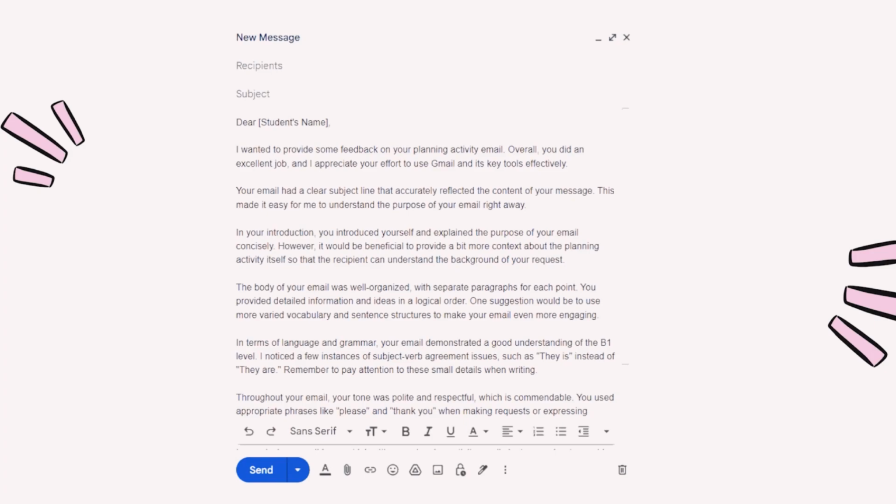And at the end, they will have a closing sentence, in which the students will conclude their email by summarizing their main points or requesting any necessary action from the recipient. About the formatting and the formatting options,